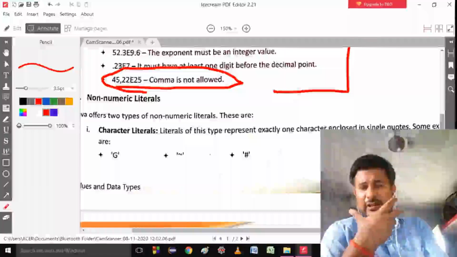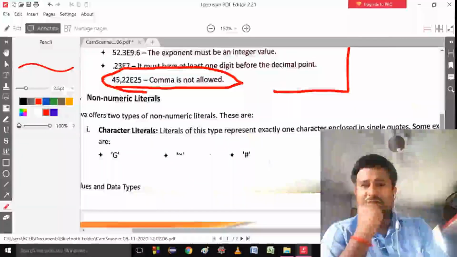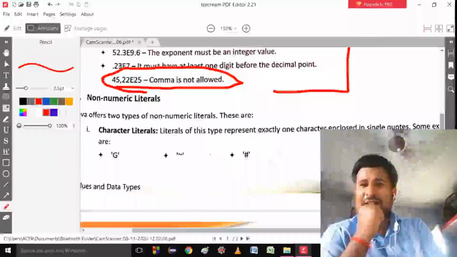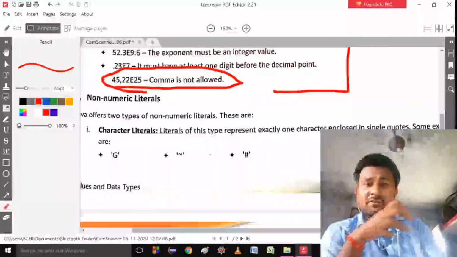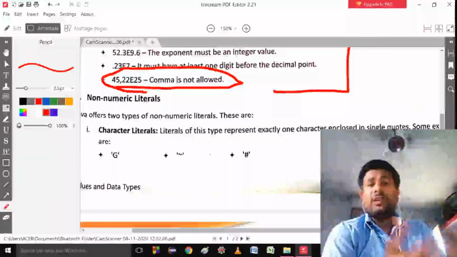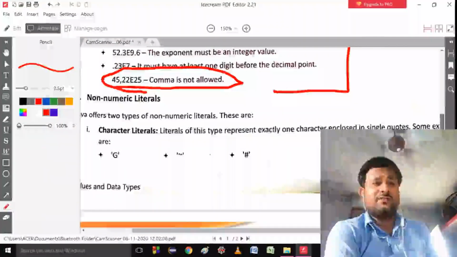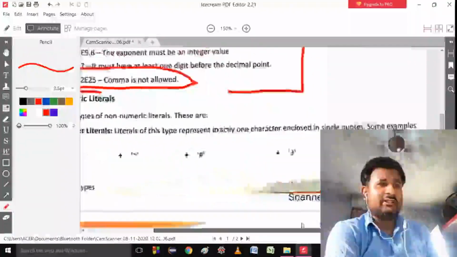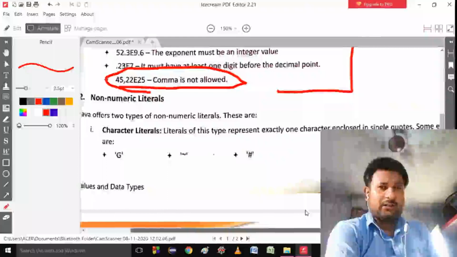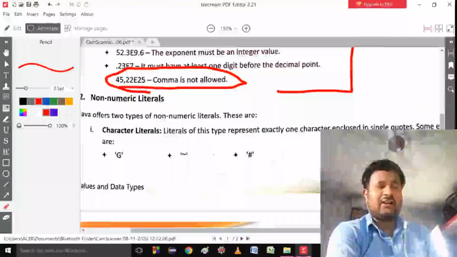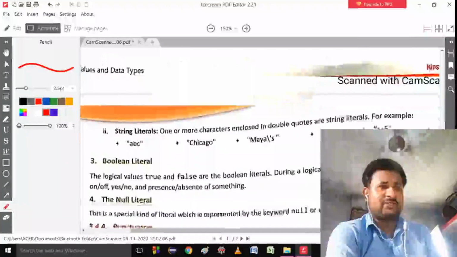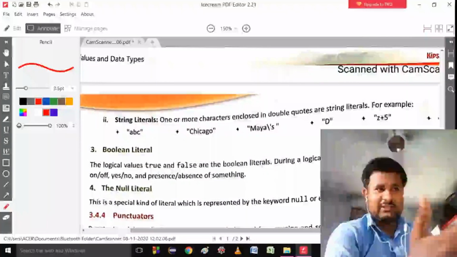Suppose you have written 0 in single quotes, or a dollar sign, or a hash sign in single quotes, they all represent a character. So these are character literals. As I explained, literals are the values in Java, and this example proves the same thing.